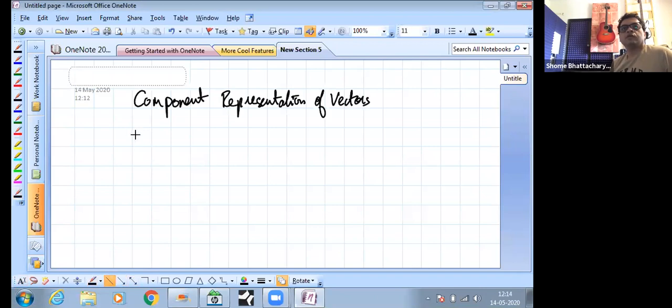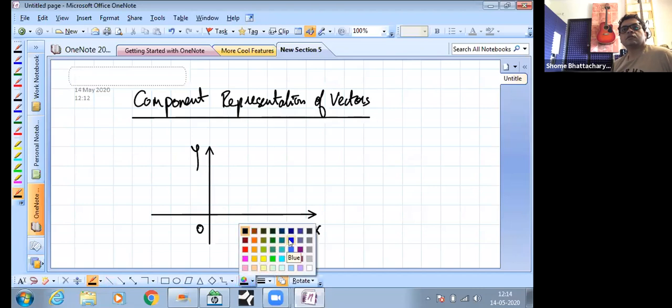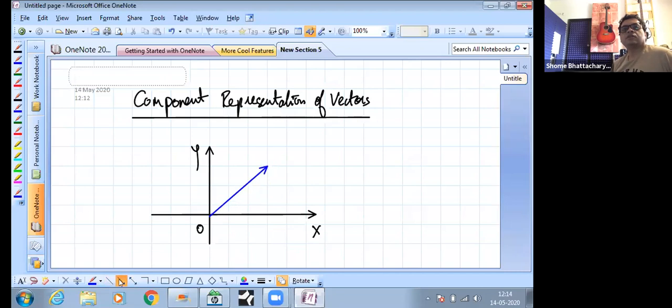And to that end, what we saw is that with respect to a standard xy coordinate frame, if we have a vector such that its magnitude is, suppose E, and it is inclined at an angle theta with respect to the x-axis, then in component representation we say that